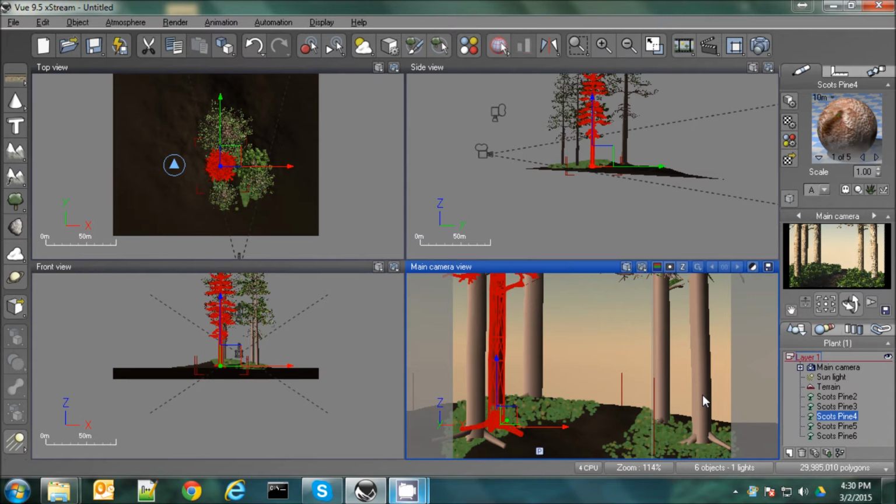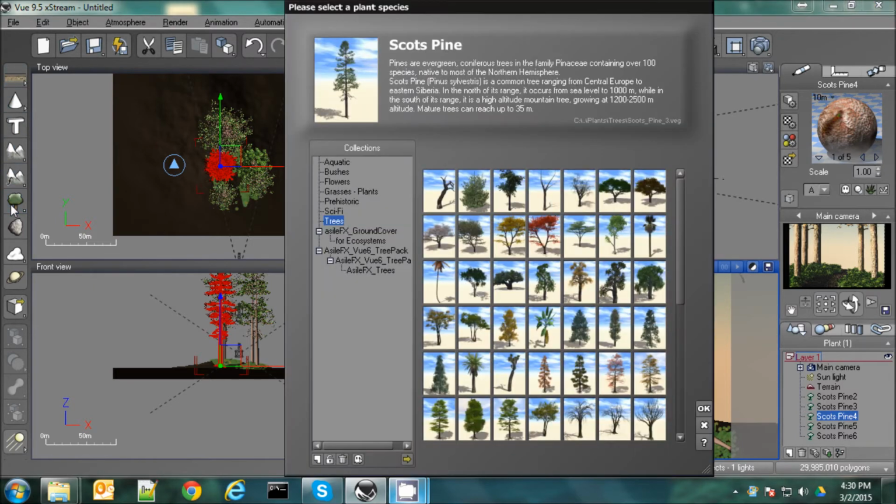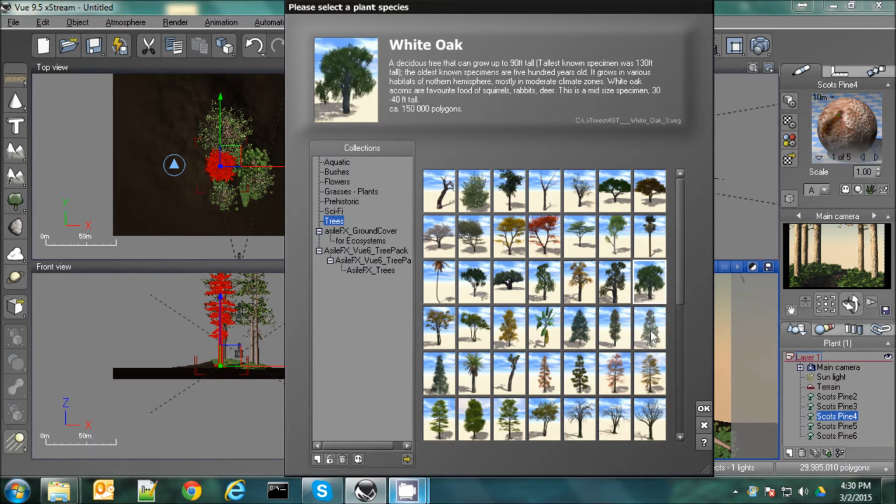Now we have a decision to make on the background. There's a couple things we can do. We can close it in, basically make it thick forest back there so it looks like this is a path leading into the forest, or we can open it up by just putting a little bit of trees back there. So we'll start with just opening it up, and to do that I'm just going to pick a tree that has a pretty dense canopy. I like to use this white oak here,